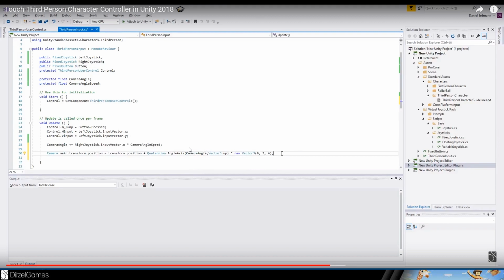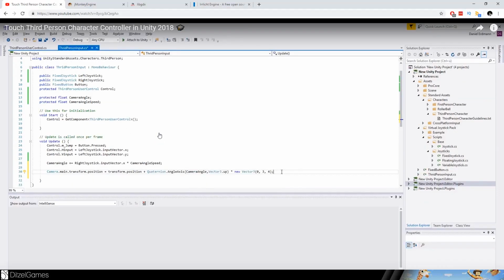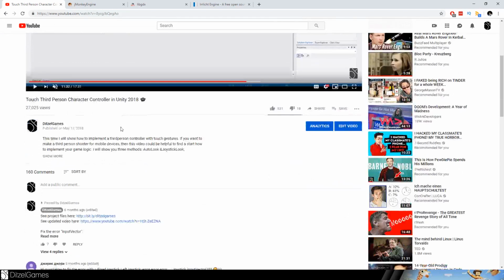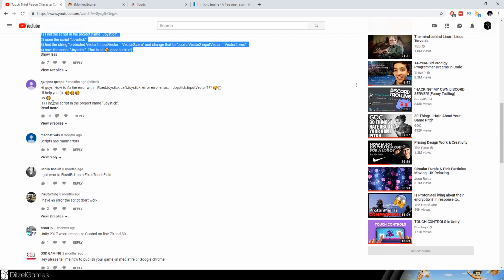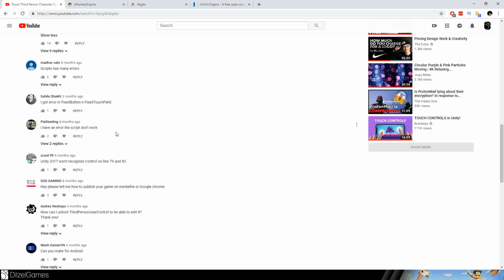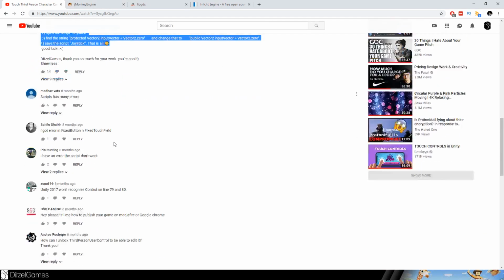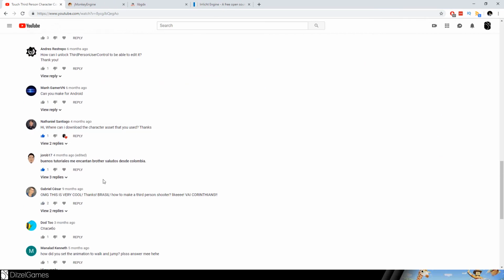I will never ever use assets from the asset store in my tutorials. This is what I learned from it, because this input vector was just set from public to protected in an update, and they will use the most recent version. It's so easy to just fix that. So it's written in the comments 100 times. So here I wrote it, and so on. Here a user has voted. I just had to copy it, and it's solved 100 times,